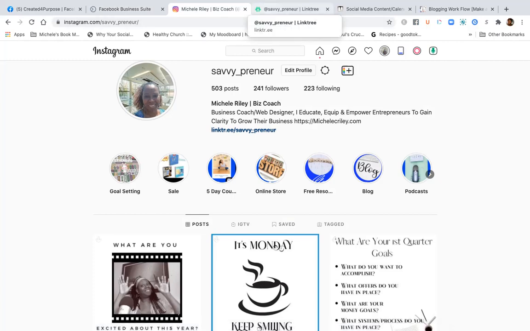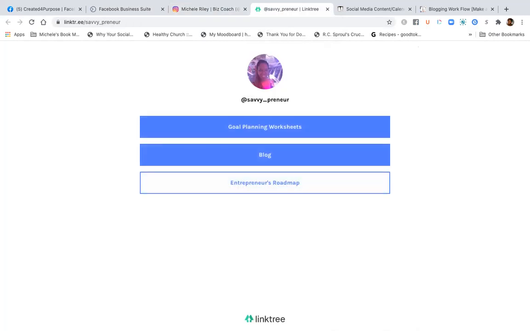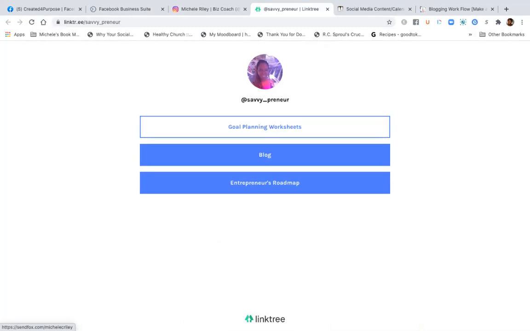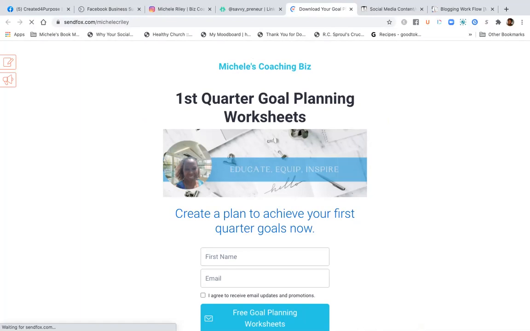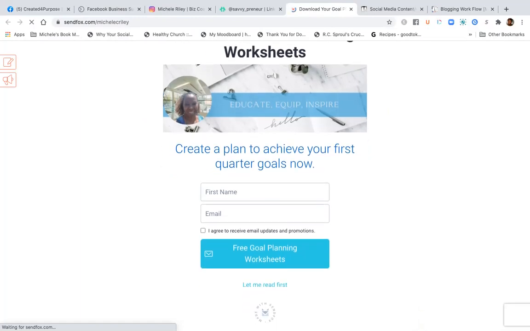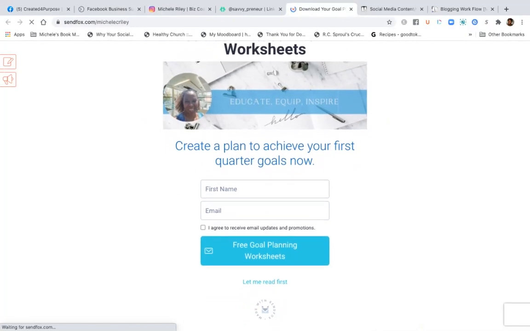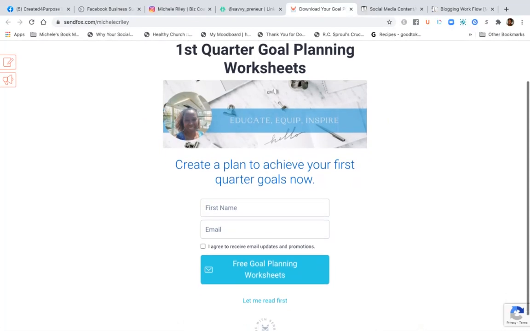Now, if you're on Instagram, I use Linktree, and what I love about Linktree is that I can have different links to different calls to action. Like this one is for the goal planning worksheet. When you click on that link, it's going to bring you to my landing page. Again, you need an email autoresponder in order for this to work, because without one, you're not going to be able to capture their email address.